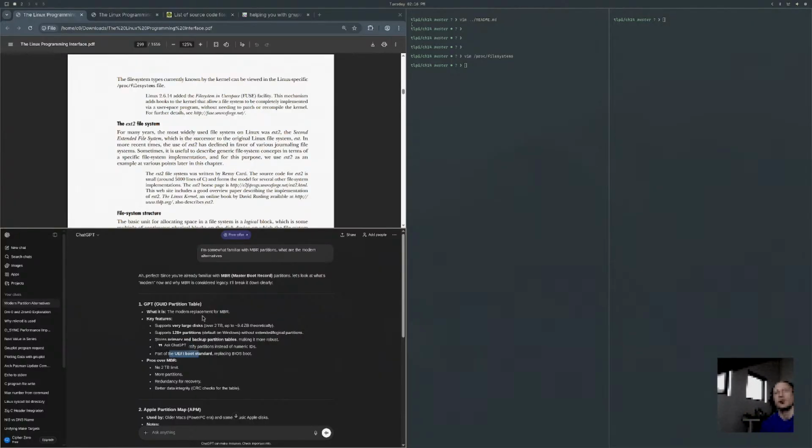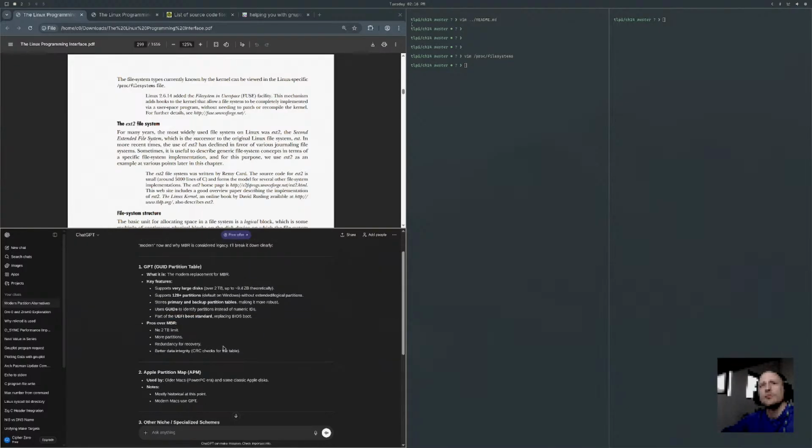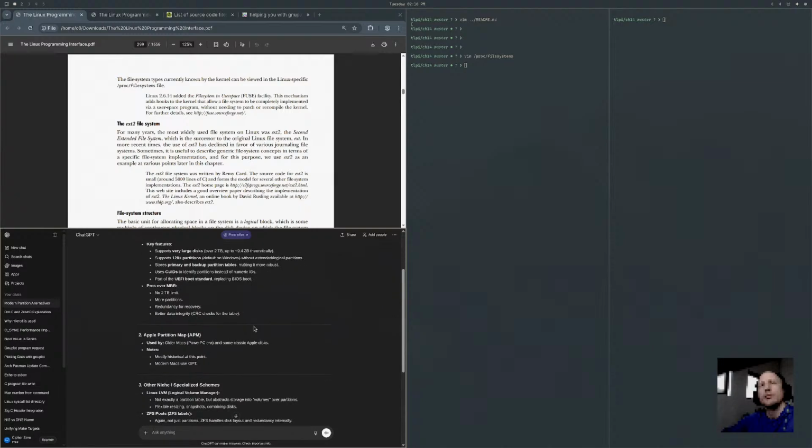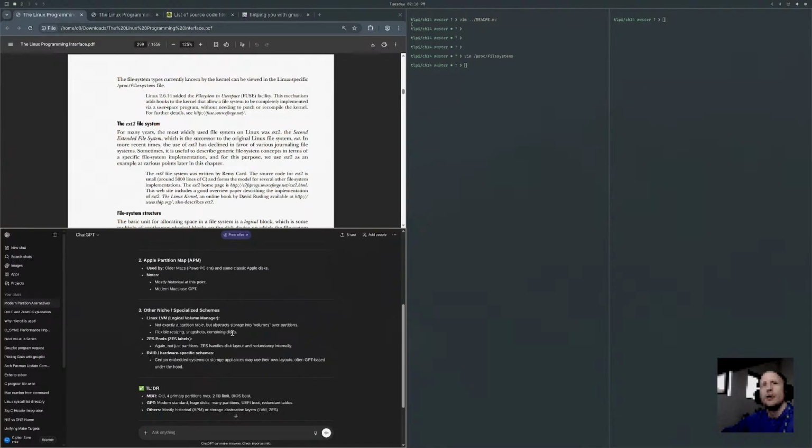Part of the UEFI boot standard. Apple partition map, older Macs. Linux Volume Manager, LVM, not exactly a partition table, but abstracts storage into volumes over partitions.